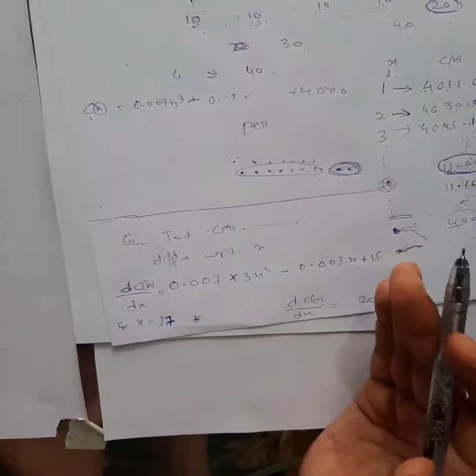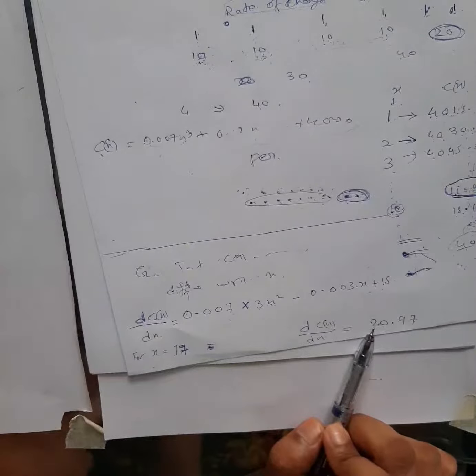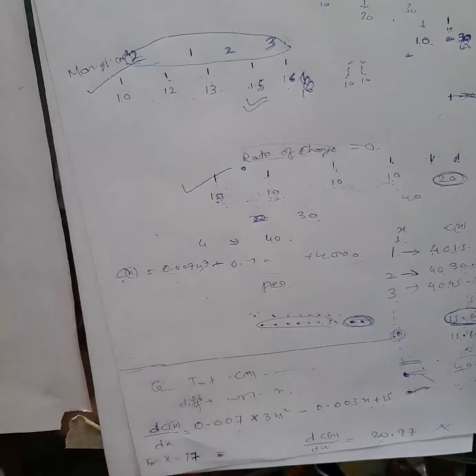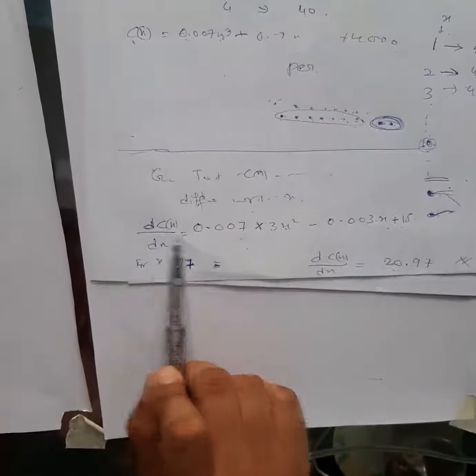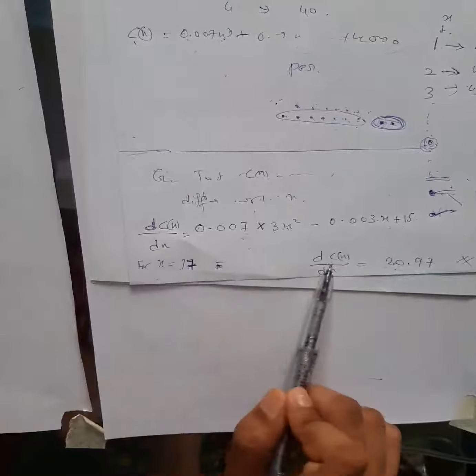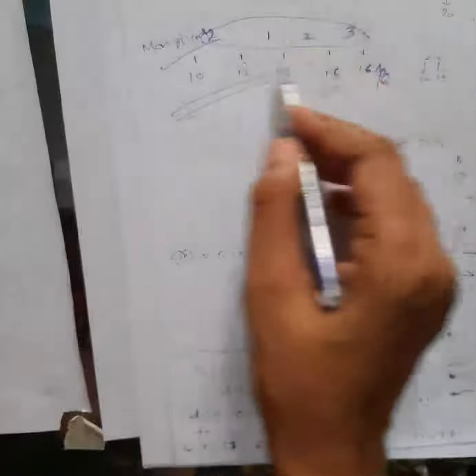When you buy 17 products, 20.97 will be the rate of change. Along with that, your total price will be there, plus this one you have to pay. Is this clear? So try to understand this concept with the help of these two examples which I have given. Next, the rest of the questions you try yourself. The question to solve this one was very easy. You just have to write given C(x) is equal to this much, differentiate that, and then in place of x put 17. Whatever answer you get will be your marginal cost. So if you want to understand marginal cost, try to understand it with this.